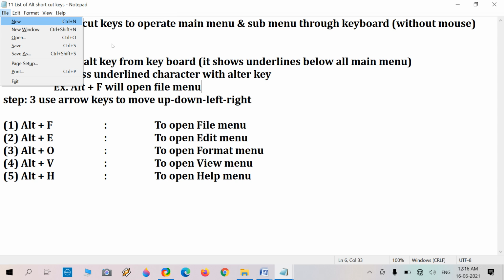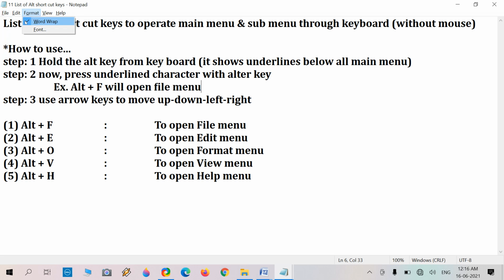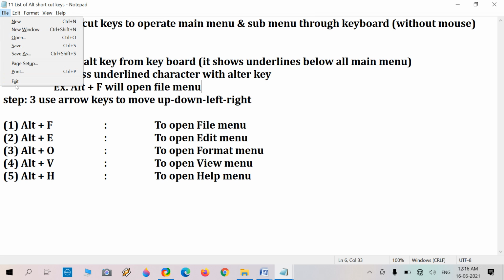And then what we have to do, use the arrow keys to move up, down, left or right, to operate the sub menu of file. These all are called sub menu. The file is the main menu, and new window, open, save, save as, page setup, print, exit, all are known as sub menu because they are located under the main file menu.